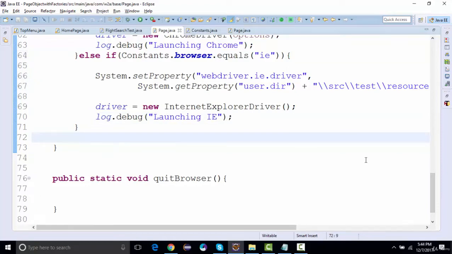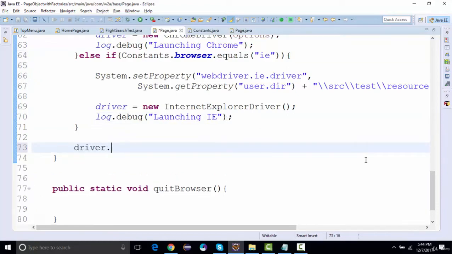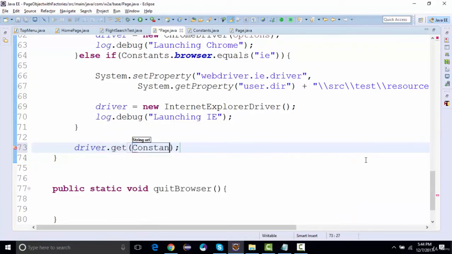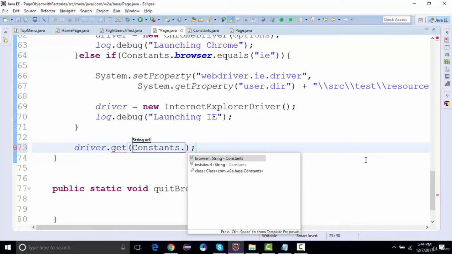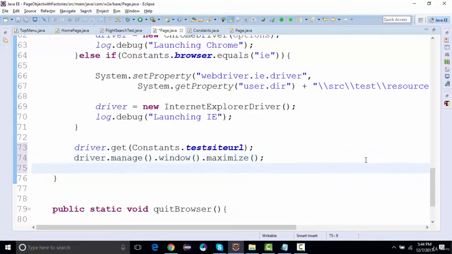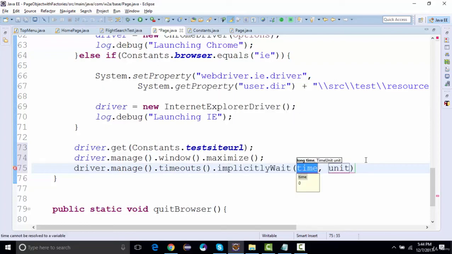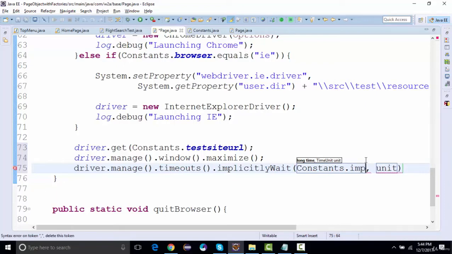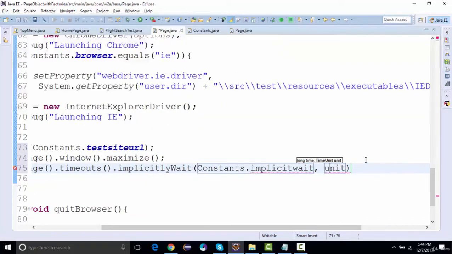So once the browser is decided, we can say driver.get, and we're going to navigate to constants.test site URL, and we'll say driver.manage.window.maximize and driver.manage.timeouts.implicit wait. This as well I can take from constants, I can say implicit wait, and there should be a time unit